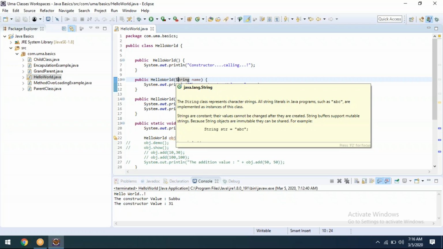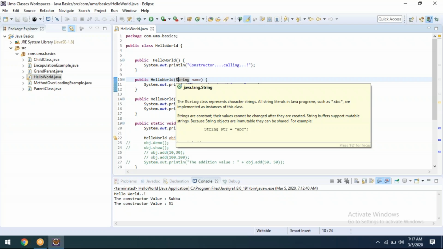Even if the user has not created a default constructor, the compiler itself will create one constructor, which is called the default constructor. At any point, there should be one constructor available for the class, called the default constructor. If we write some other new constructor, then the default constructor will be